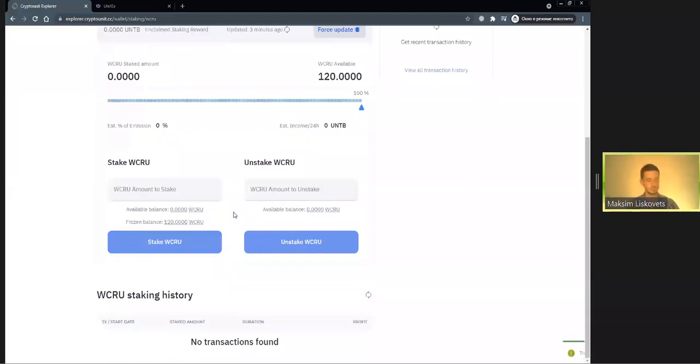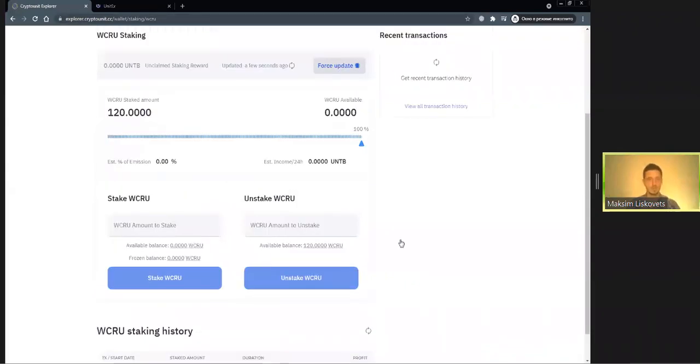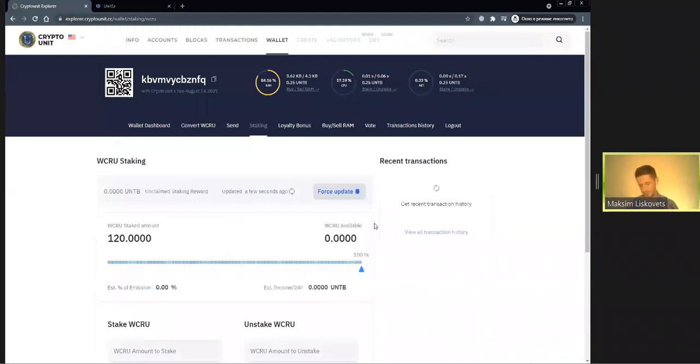Great. Transaction is done, and our World CRUs are staked for UNTB. At the bottom, you see World CRU staking history. This is the history of your staking of World CRU for UNTB. So here you may see all the processes here. The next point is